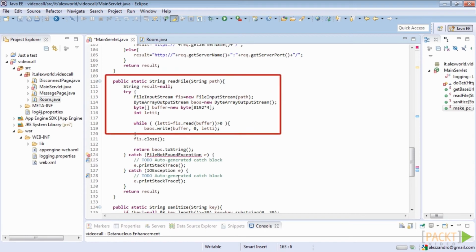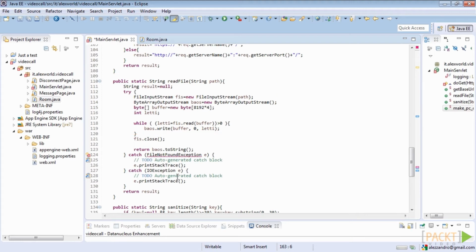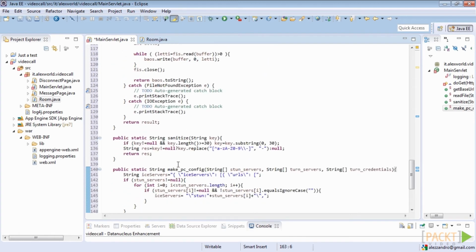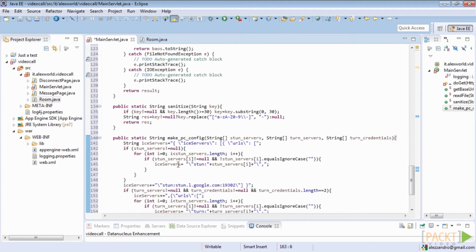The readFile function is really simple and consists only of a few instructions for using a file reader object to read groups of bytes into a byte array output stream object that we will convert to a string by the end of the method. The sanitize method will clean the room number in case of improper usage of the web service. Finally, the